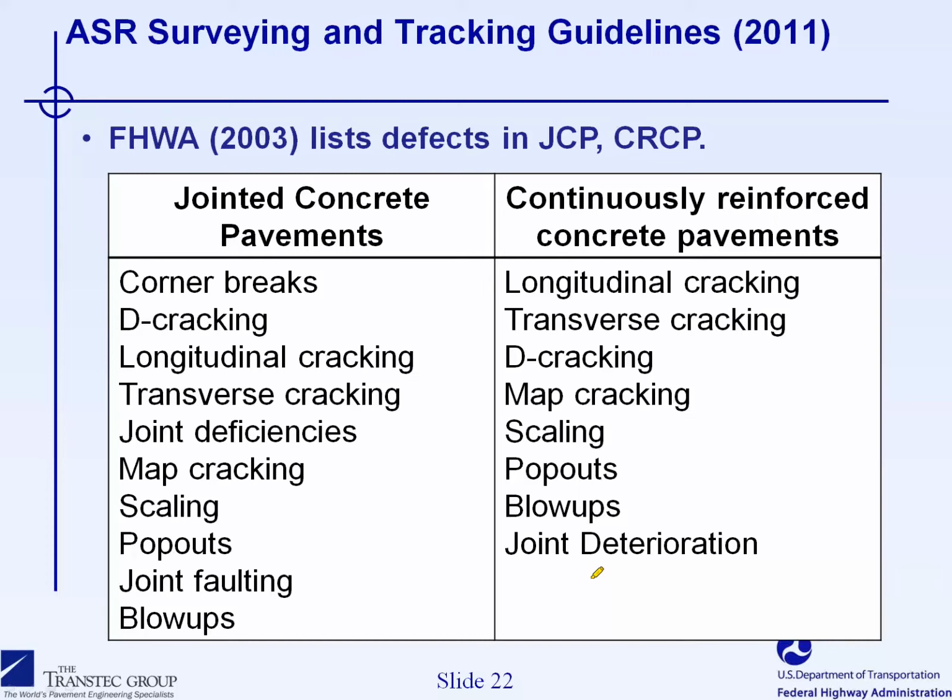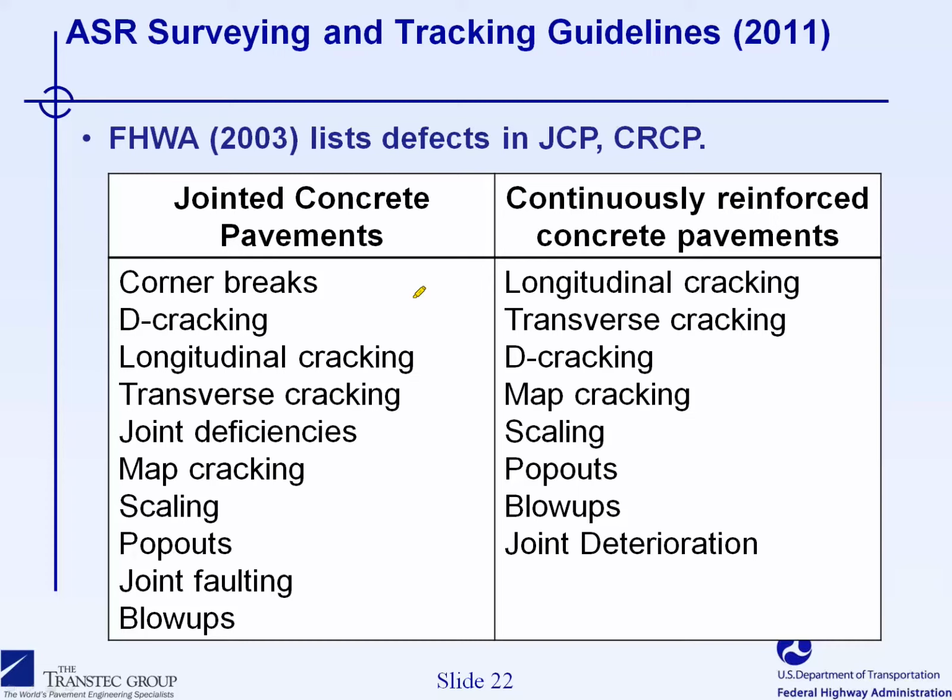that is to determine a number of features of deterioration that can be associated with ASR. So according to this document here, the Federal Highway Administration Handbook from 2003 for pavements, this document lists the defects in jointed concrete pavement and in continuously reinforced concrete pavements. So those are the different defects that the inspector will be looking for when they want to evaluate the condition